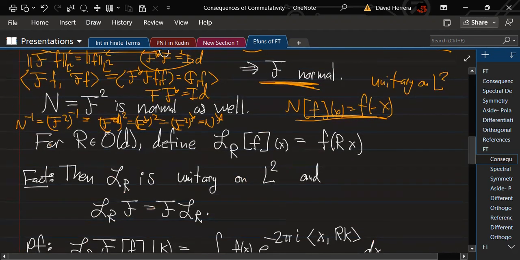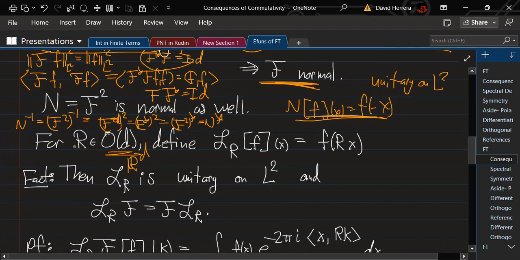But before we go on to that, I want to mention another symmetry that the Fourier transform has, which is related to rotations. So suppose we have R, which could be some kind of rotation matrix. So this is the orthogonal group on R^d. This is basically the only part of the talk where I'm going to be using R^d very specially. If R is an orthogonal matrix, it's either going to be a rotation or reflection or some combination of those two. What we're going to do is define, using this matrix here, which has the property that